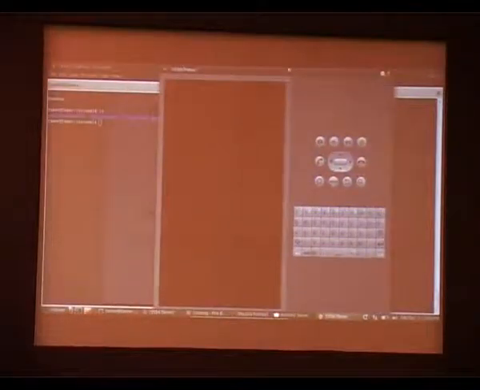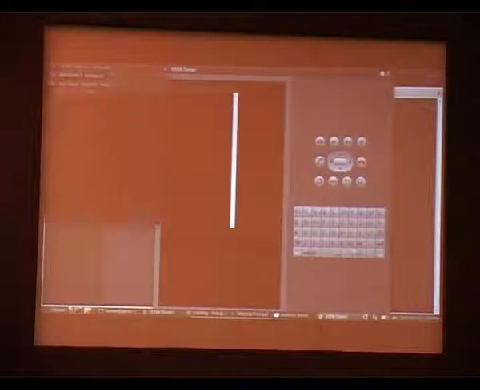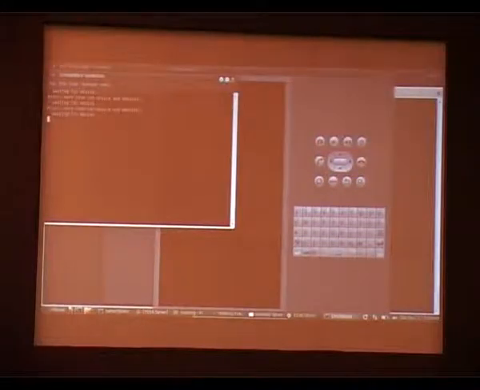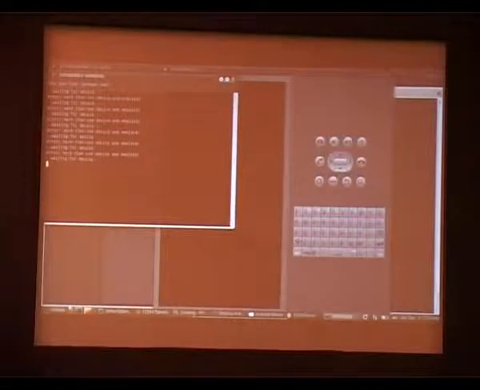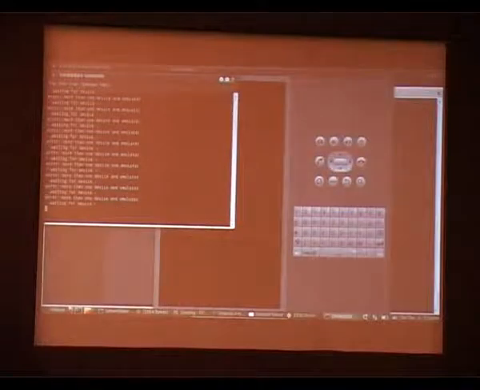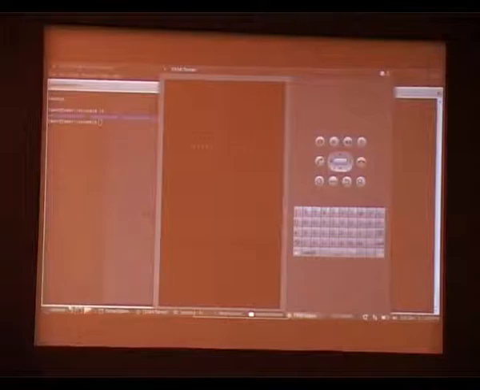The AVD would be a bit slower on this because I'm running short of memory right now. You can see this ADB logcat window is open, which is waiting for the device to come up. As soon as the device starts, it will start pulling out various logs which are available on the device.